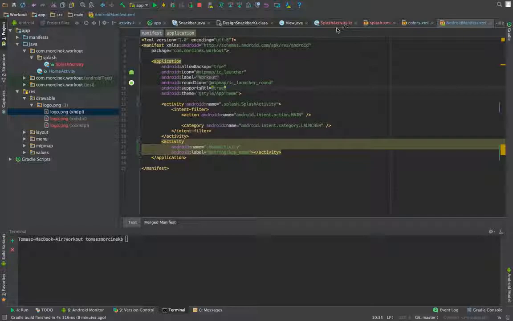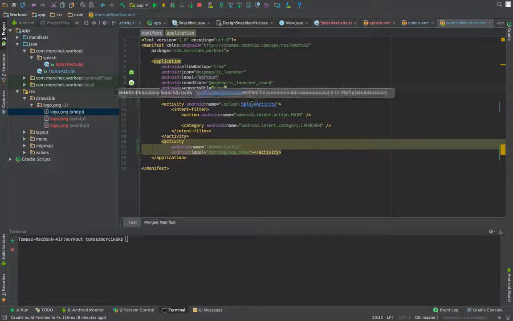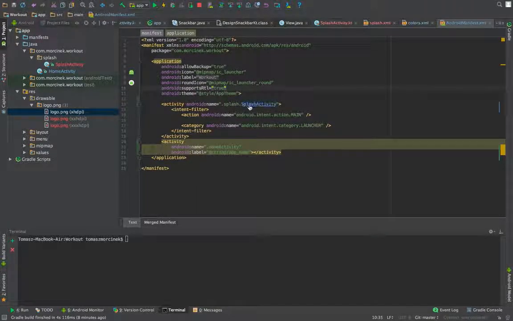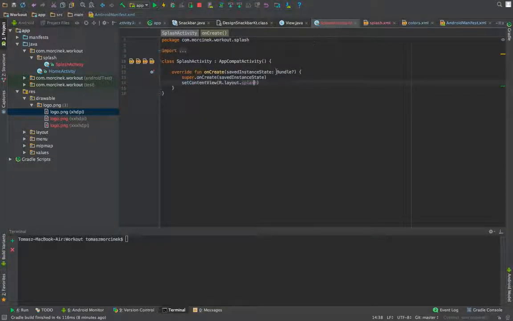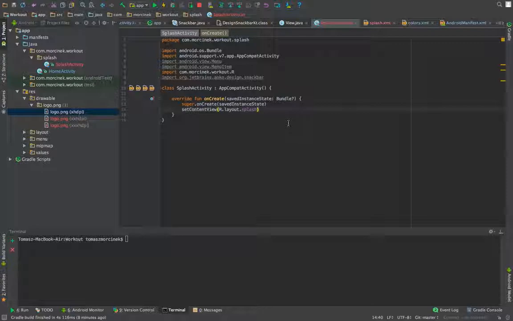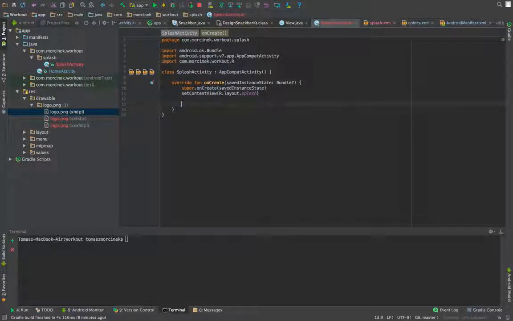So now, when we're launching the new application, the splash screen will be visible. The last thing we have to do is show the home screen after 2 seconds. Let's say 2 seconds. How we're gonna do it in Anko is,